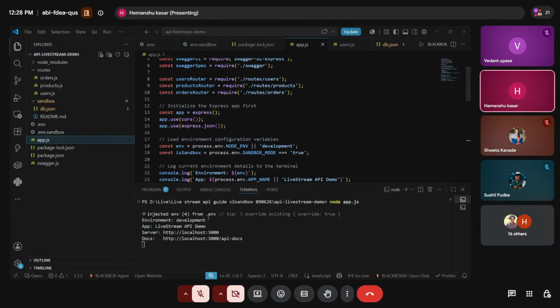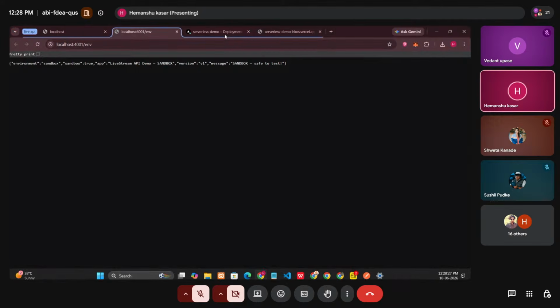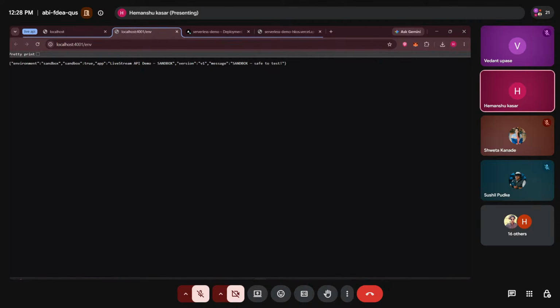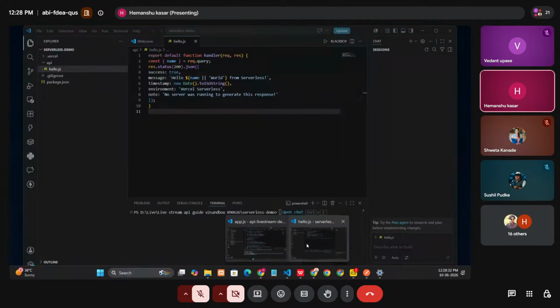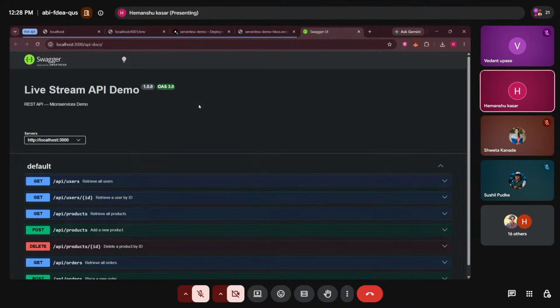I will open the API docs first. Simply, I'll copy this URL, or if I click, this document will open. This entire documentation page was auto-generated.